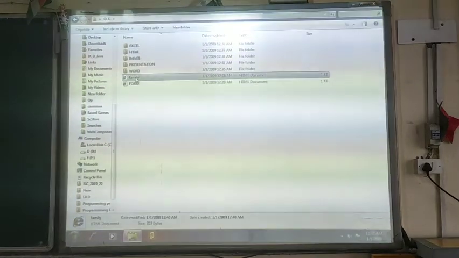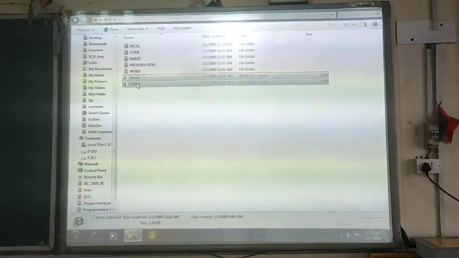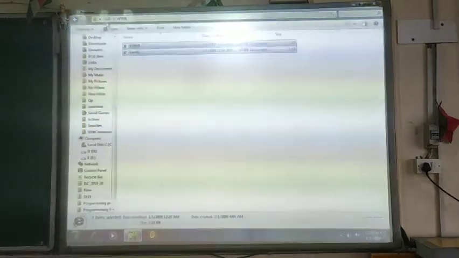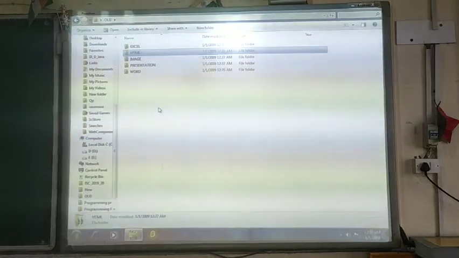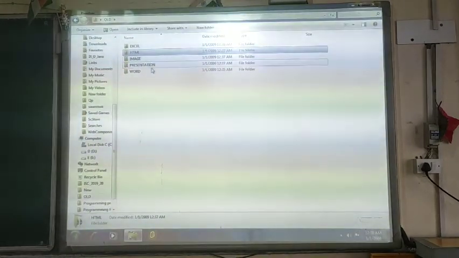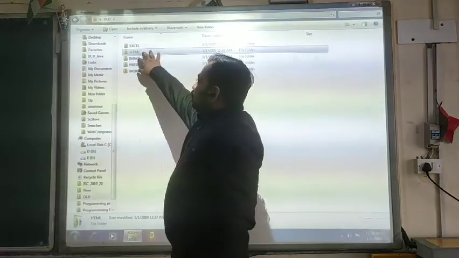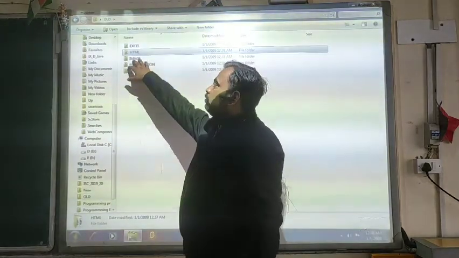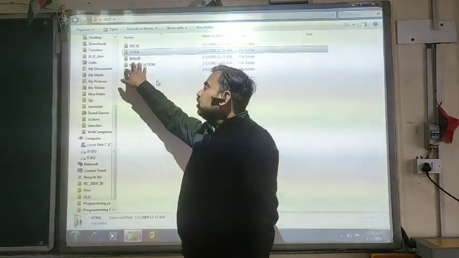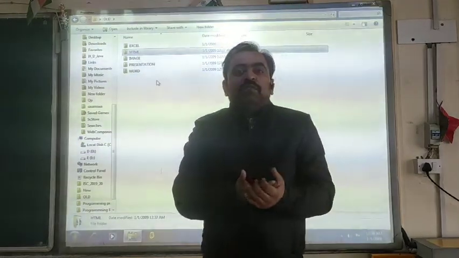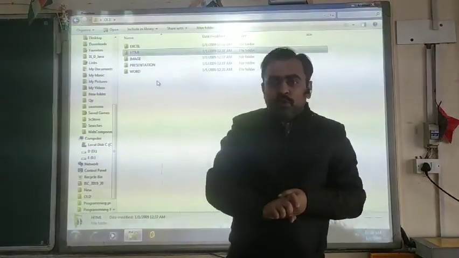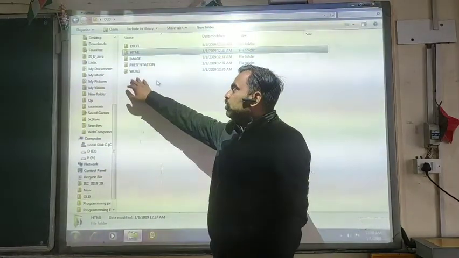HTML. So now you can see all the files have been organized into different categories. All the files which were earlier available here are now organized into different folders. If you want to search for any particular file and you know which type of file you are searching for, you can directly go to these folders.